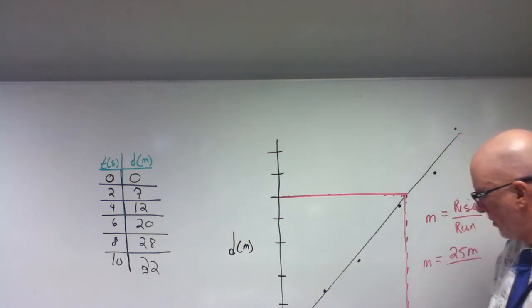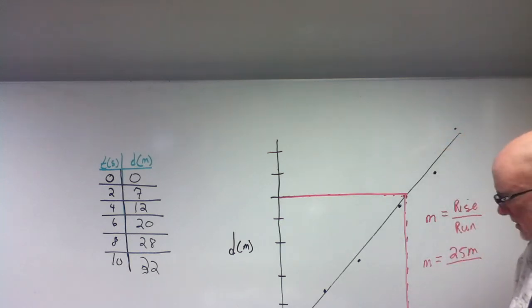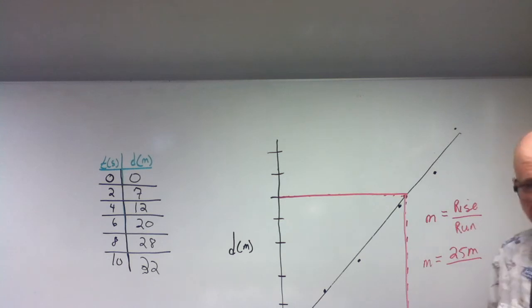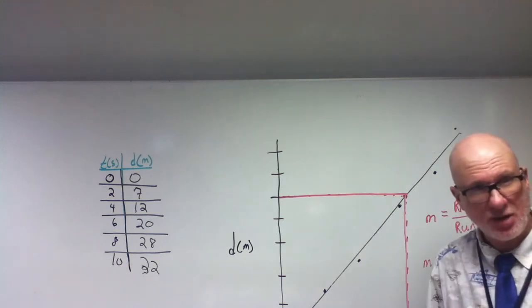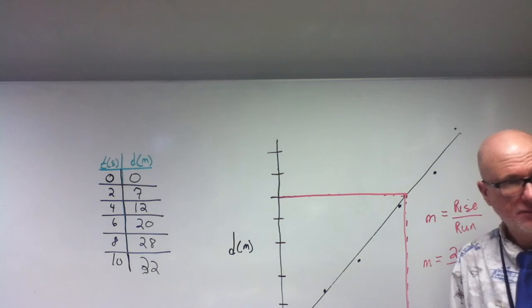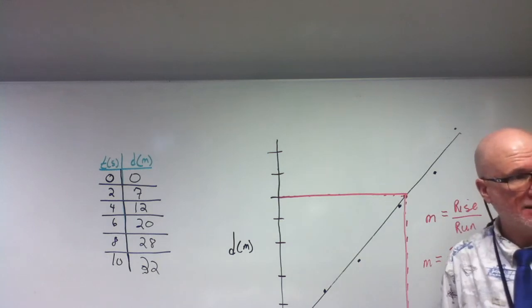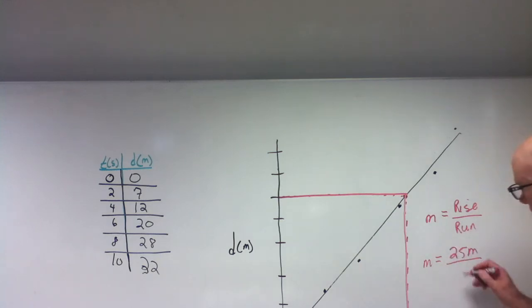1, 2, 3, 4, 5, 6, 7. So it's going to be like 6.8. Is that okay? Can we agree on that? You're approximating it. Is that okay? Yeah. So 6.8